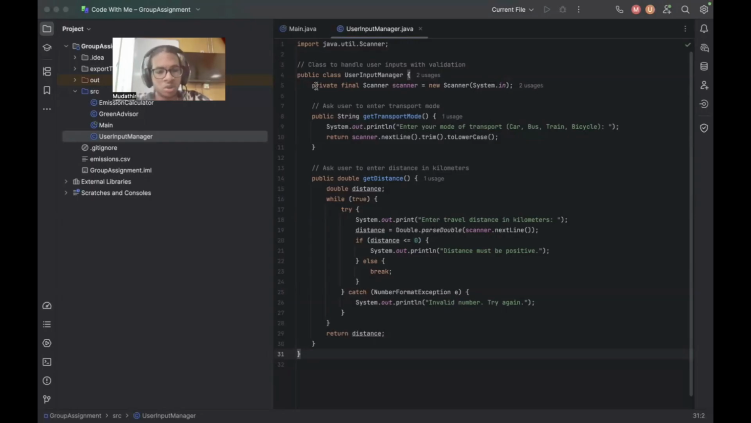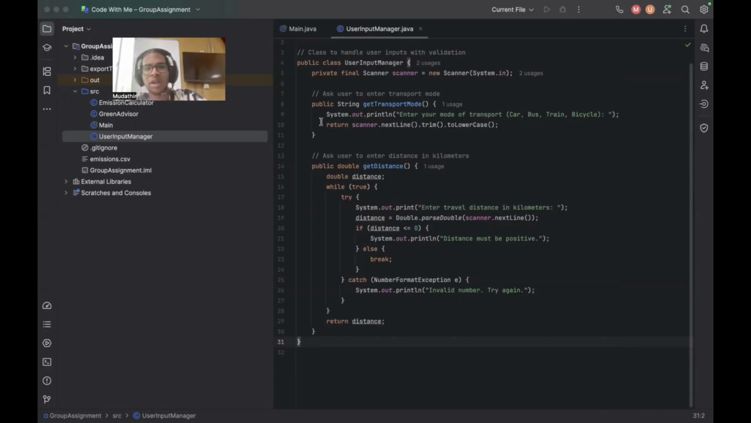Inside it, we create a Scanner object named scanner, which will read input from the keyboard using System.in, and it's marked as final, meaning we won't change this reference later, so you can't change it after you make it. So in lines 8, 9, 10, as you can see, this method asks the user to input their mode